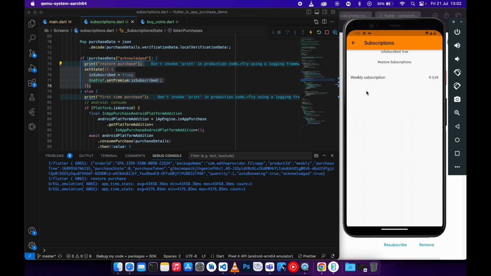So guys, we are done with part 3 of in-app purchases in Flutter, where we implemented the subscription,